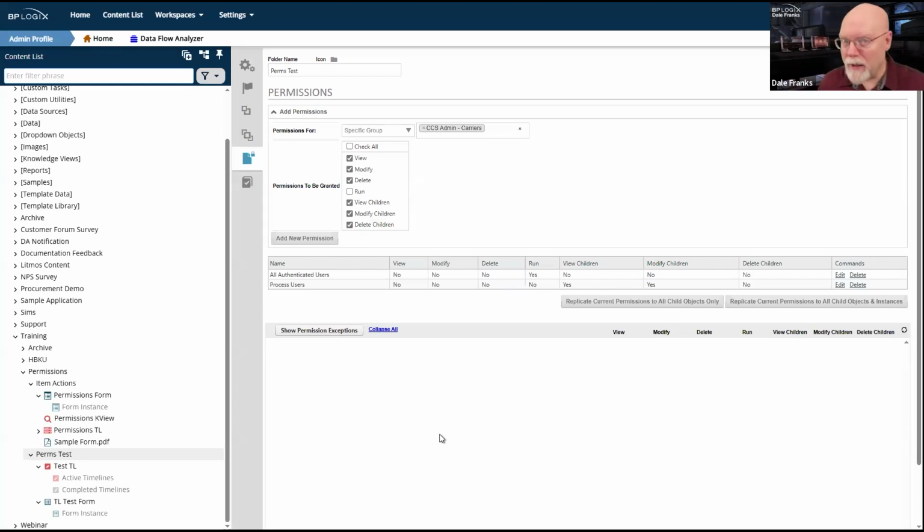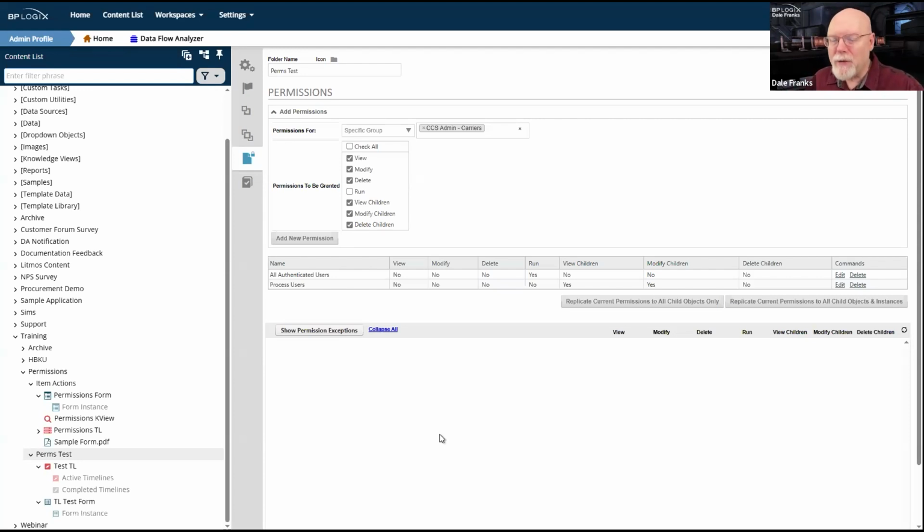Why is it going to do that? If I pick a more powerful permission, a more expansive permission, all of the lesser permissions get included automatically. Basically, this is a hierarchy of power that you give to people on your system.